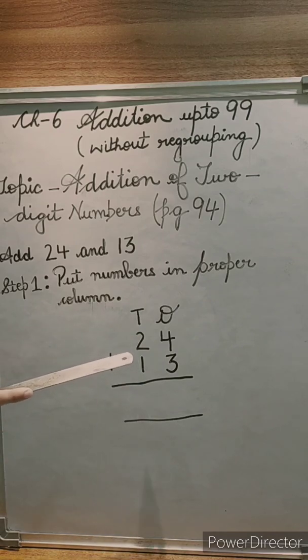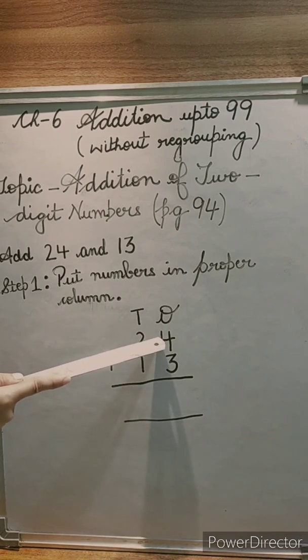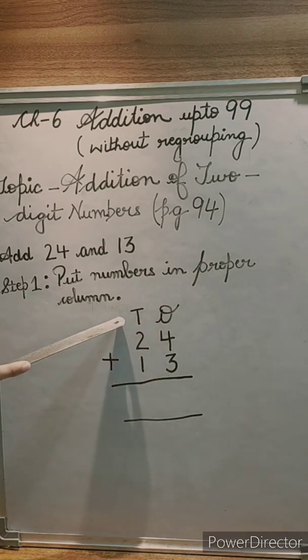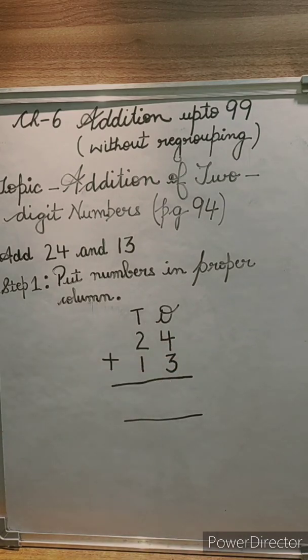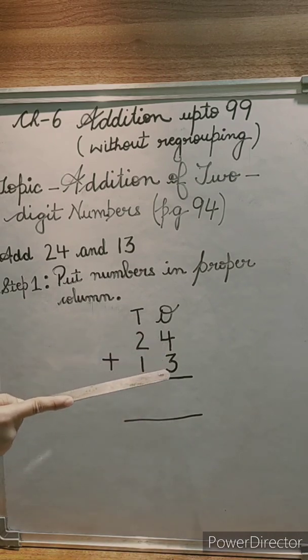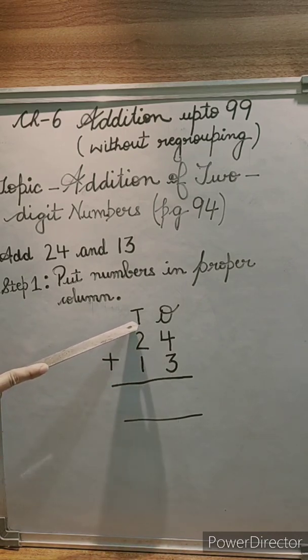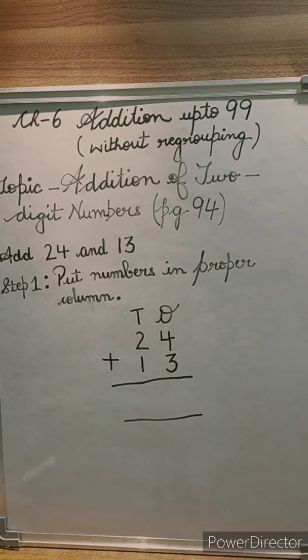So you can look that in number 24, 2 is coming in tens column, 4 is coming in ones column. For the number 13, 1 is coming in the tens column and 3 is coming in the ones column. So children, be careful, जब आप ये columns बनाओगे तो ones के column के नीचे ही दूसरा number आना चाहिए. ठीक है, tens के column में 2 और उसके नीचे बिल्कुल 1. You have to write it very properly in proper boxes.